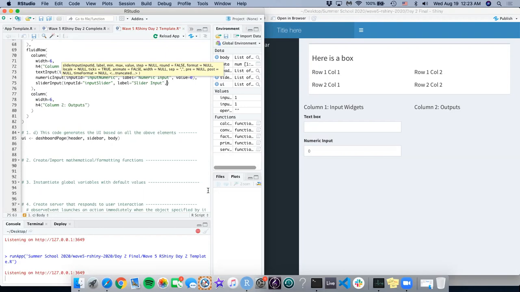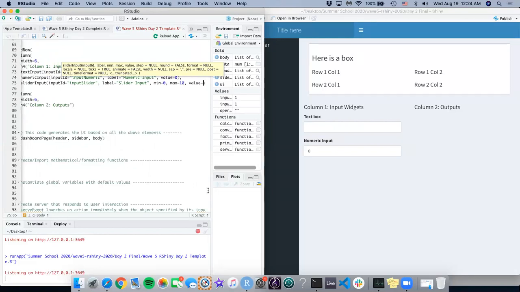This one has, as you can see in the yellow text up above, the slider input has many more characteristics or parameters that specify the type of slider that you want. So for example, we have to specify the minimum value, the maximum value, the default value that the slider is set at. And then, okay, so we can set all these other